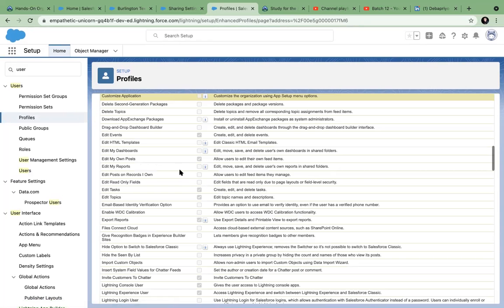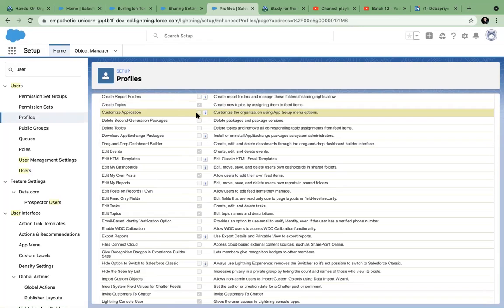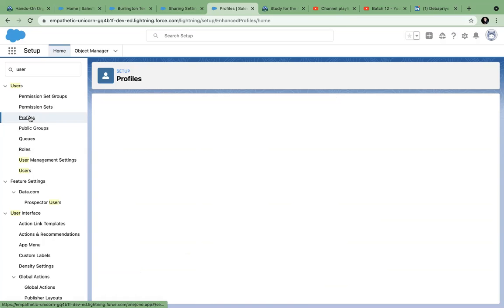This is the permission. Customized application permission is basically given to people who want to work inside setup. So whoever has customized application permission is the person who can work on setup. System administrator has this permission, customized application. You see?